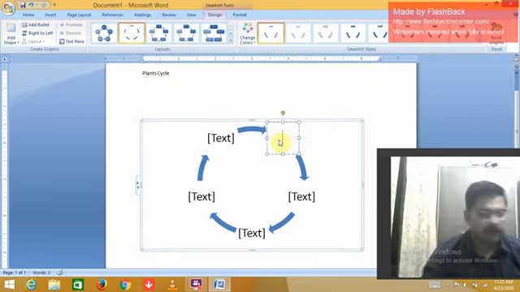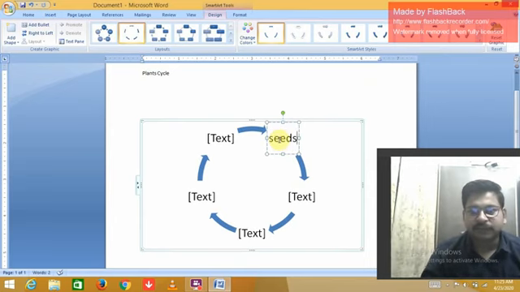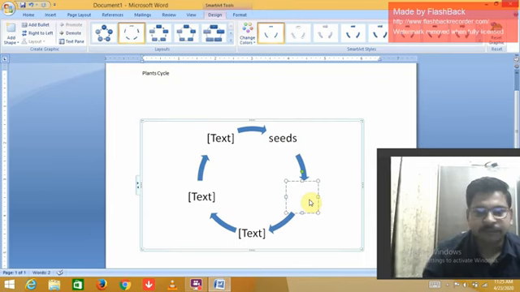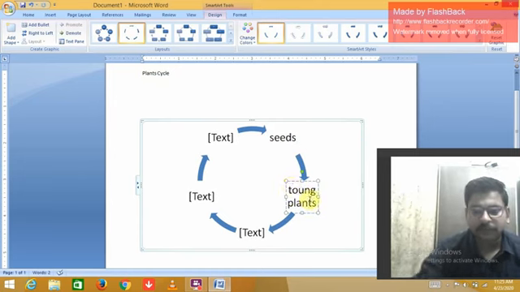In this box, you can put your text. So I type there seeds. Next, young plants.